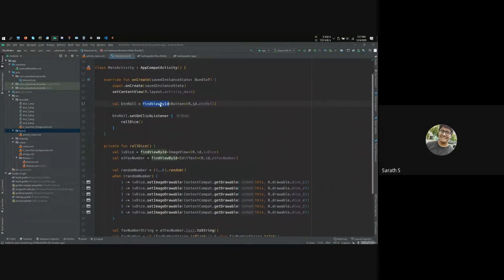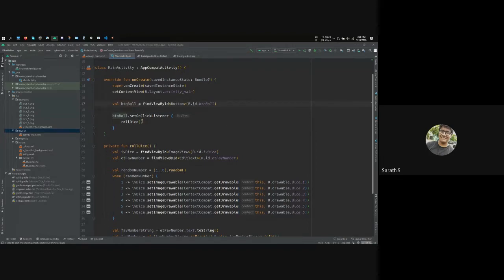So you give findViewById and then the type of the view you are accessing. Button is for button. And then you give R again for resources dot id. So all IDs are stored under id. If you want to access an ID, you just type dot id and then dot whatever your ID is. For the roll button, it was btnRoll. And you just store it in a val. This is what we looked at in Kotlin yesterday. It's basically a variable which can't be changed. So now we have the button here.